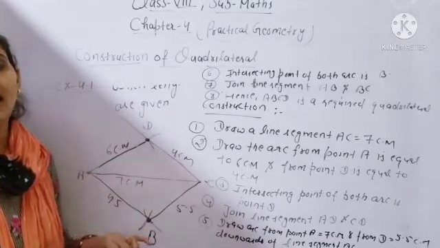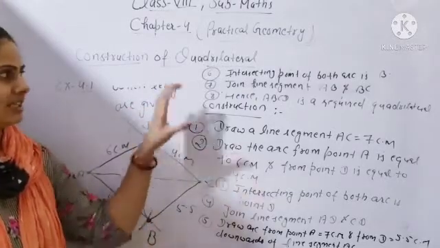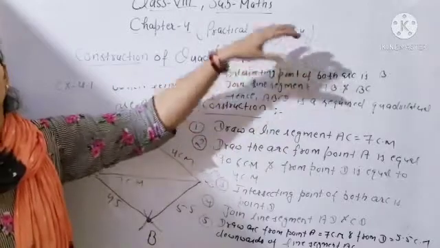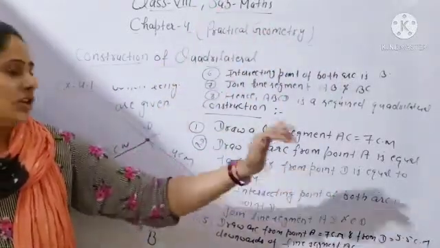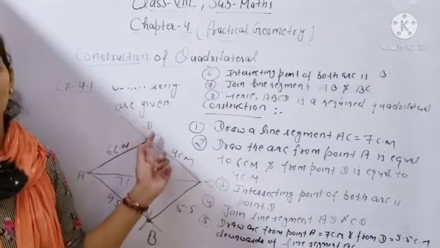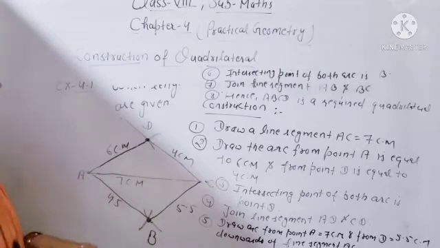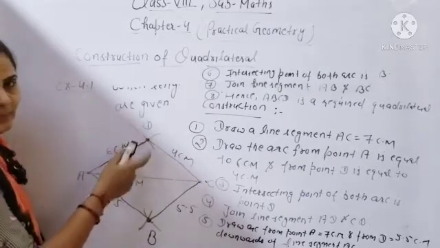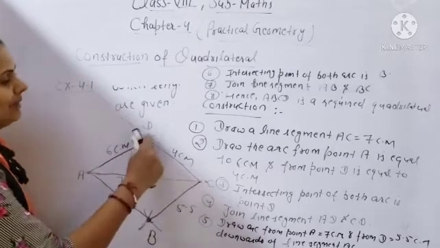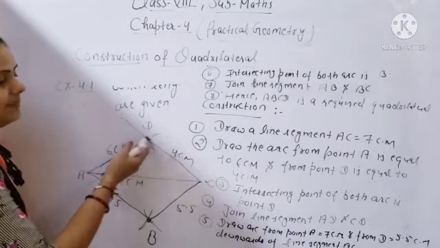This is 7 centimeter, and upwards one point will be the intersecting point. Downward also, because in the rough diagram you can see, beta, one triangle will be upwards and one triangle will be downwards of the diagonal. So the intersecting point of the upward side will be D, and downwards it will be B. How much length will you take from point A? It will be 6 centimeter. Open your compass and draw the arc. From point C 4 centimeter. Open your compass and draw the arc. After that you will join the lines AD and CD.